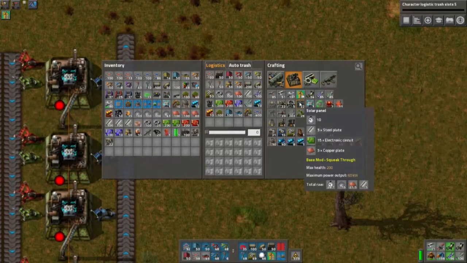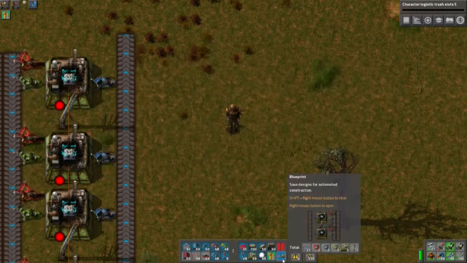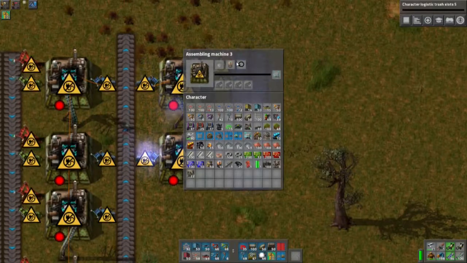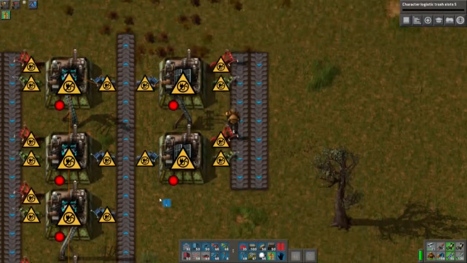Yeah, so we have 2 belts in, one with copper and steel, and one with electronic circuits, and we will have solar panels out. That's the thing I wanted to say. So that's kind of the same blueprint like this, only with some different resources. And these will now just be creating solar panels. Okay, let's update this blueprint